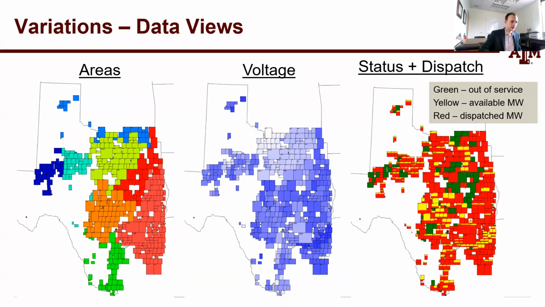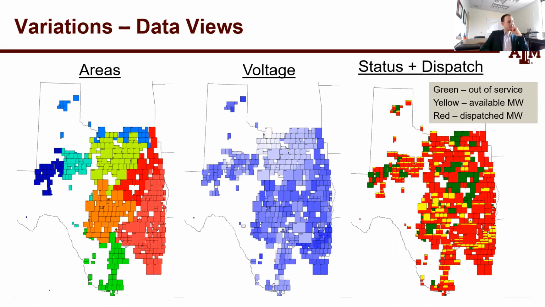So the ones that are all red are operating at their maximum megawatt capacity, and the ones that are more yellow have a lot more room that they could be dispatched. So it kind of gives you a sense of where the dispatch is right now. And this is really helpful when you're looking at the solution to an OPF problem and trying to say, okay, we solved this. What generators did it use, and which ones did it dispatch, and where do we have constraints, and where do we have extra space? And the visualizations have different purposes, but I just wanted to show a couple of